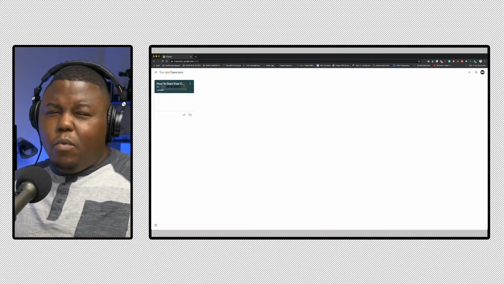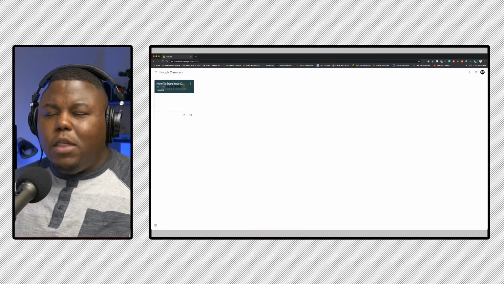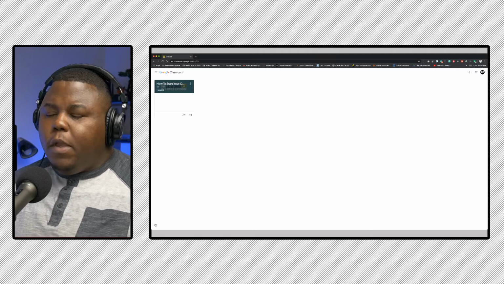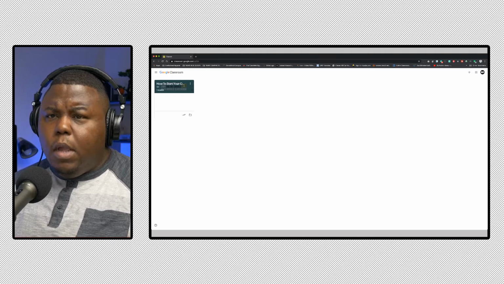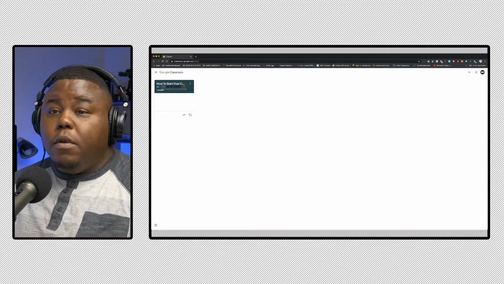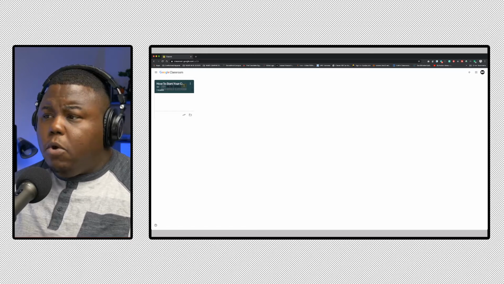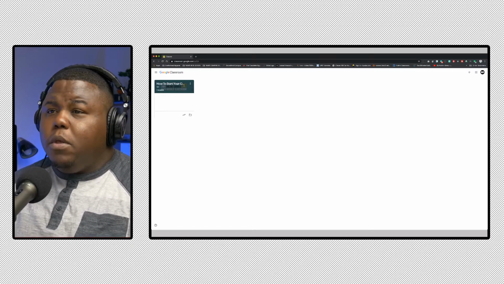Previous to 2018, I believe you had to have the Google for Education account, but I believe they did open it up. So the only requirement now is having an education G Suite, a nonprofit G Suite, or just a normal Gmail account. If you have a Gmail, go ahead and log into your Gmail account. If you don't, you do want to get one set up. But once you do that,